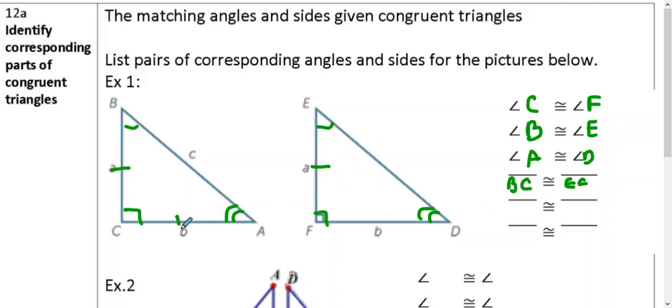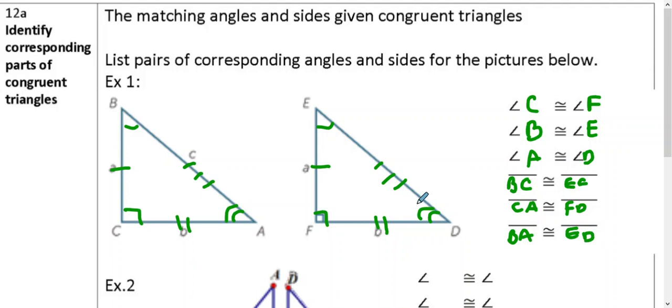If we look here at the bottom, what's labeled side B, we had side CA is congruent to FD. And our slanted side here, it's labeled C on one of the triangles, is side BA, and it's congruent to